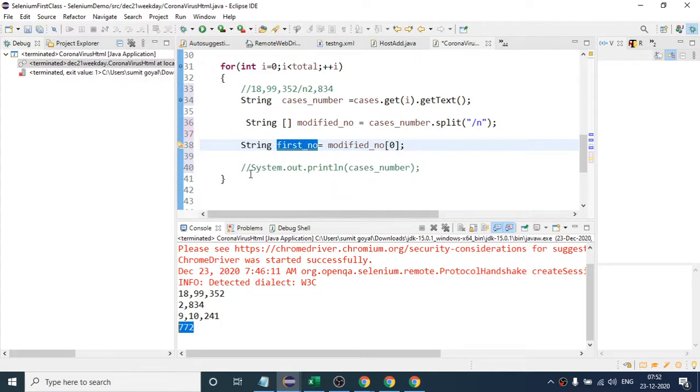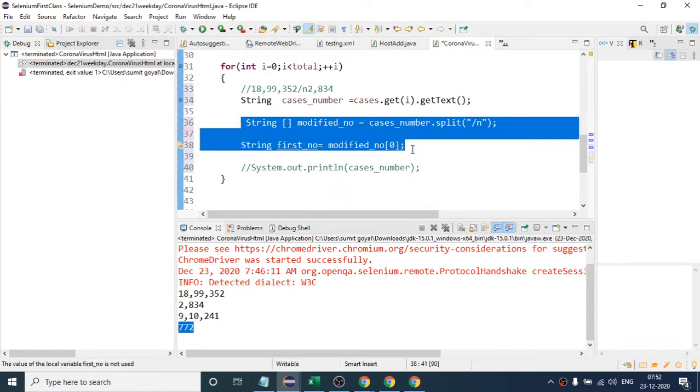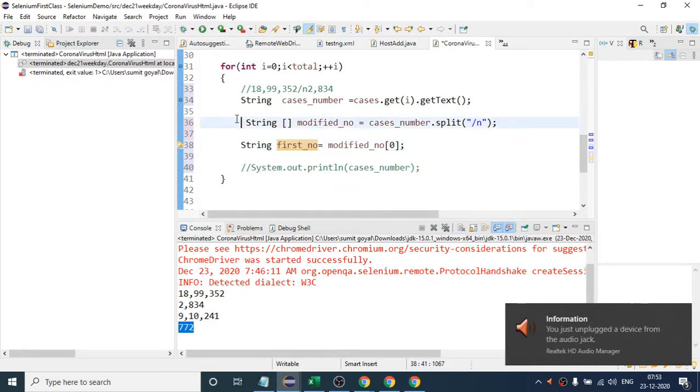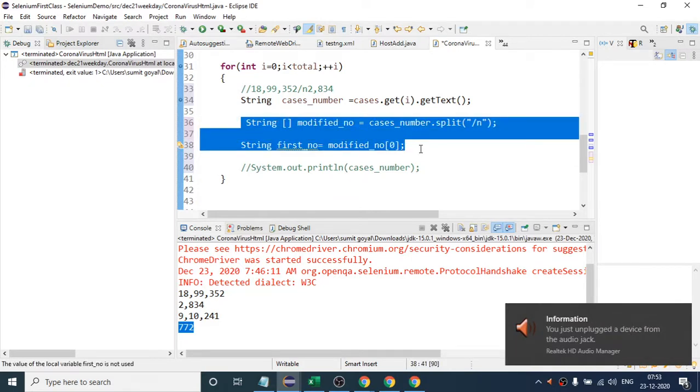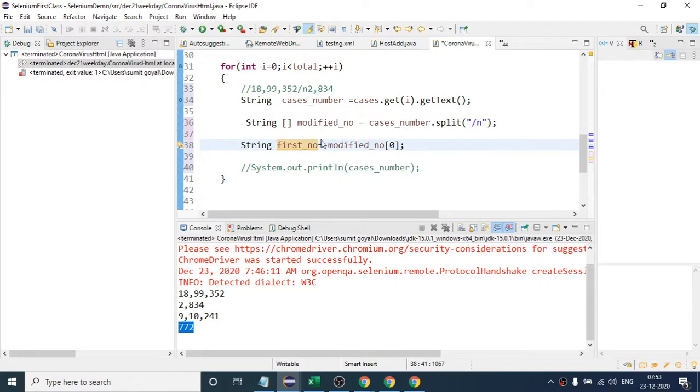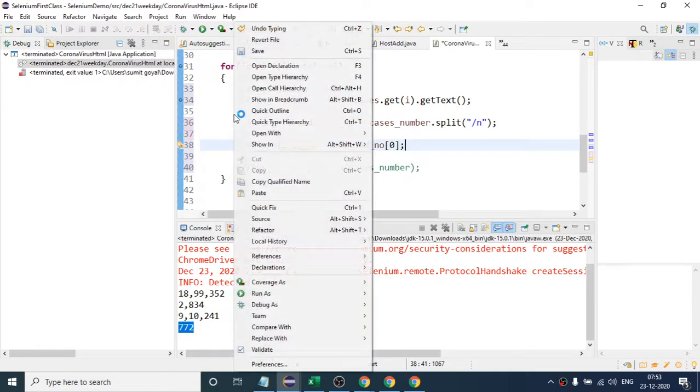Okay, this part you are asking. Yes, okay. So let me show you in debug mode. Then it will be easy to understand, right? So let us see again in debug mode. So it will be very clear after that.